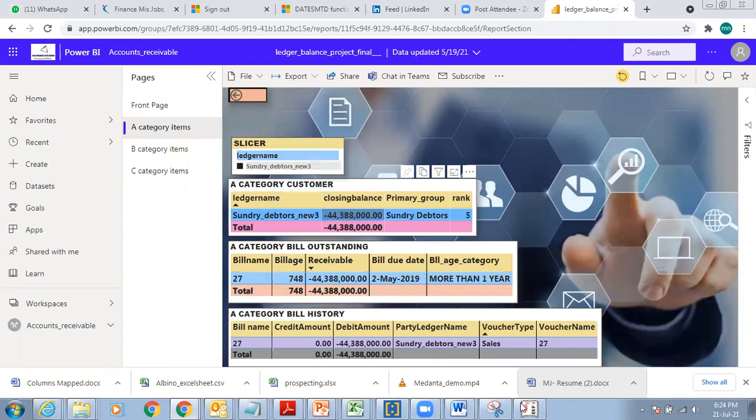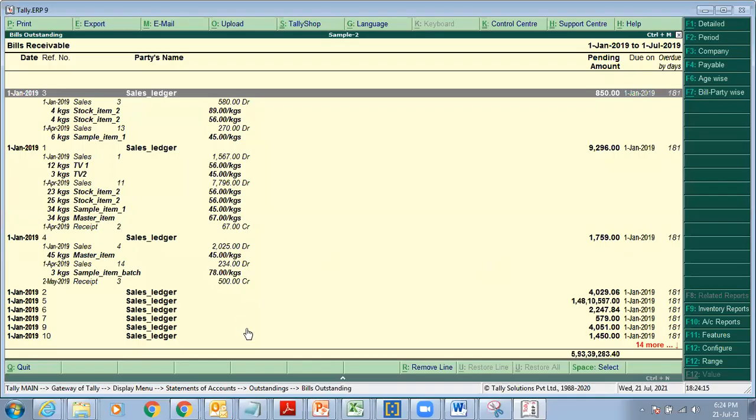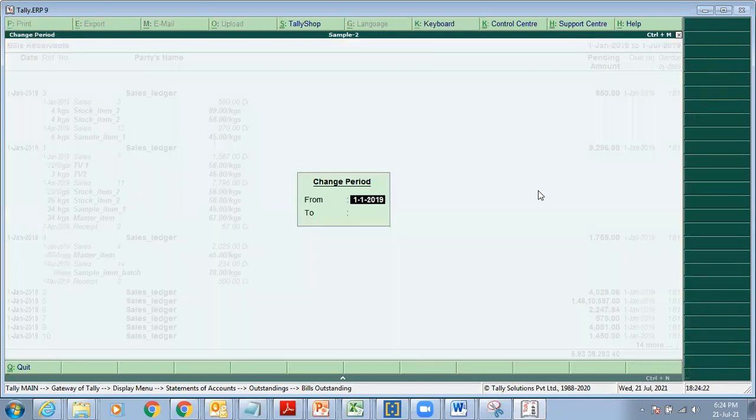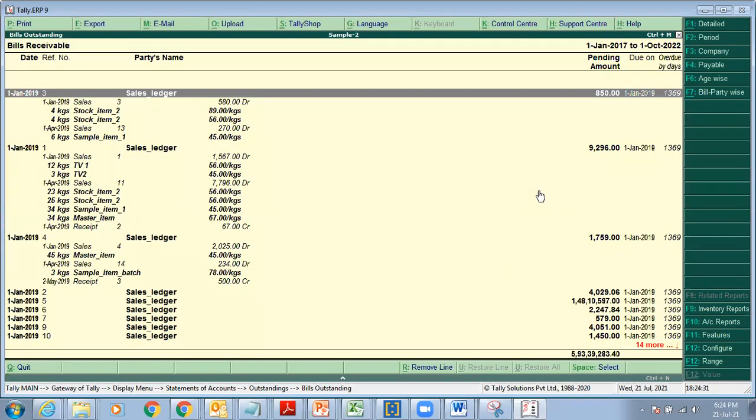Now, if I pick up sundry debtors new, right? So sundry debtors new, you want to check this thing. So what I do here is I look at the period first, 2017 to 1st October 2022. Right? I go down here.